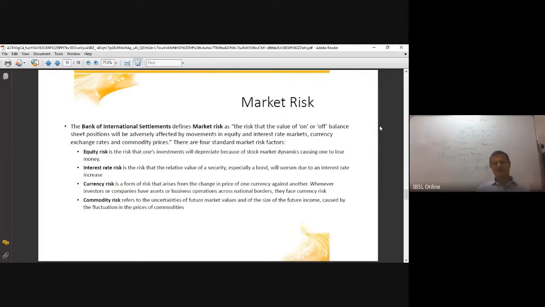Whereas gold, we generally hold in gold form, because sometimes we need to sell that gold directly to the local buyers who are in that trade. Sri Lankan banks mainly deal with gold as a commodity. So a change in the price of gold in the international market will also lead to commodity risk. So market risk includes equity risk, interest rate risk, currency risk, and commodity risk. We will deal with each type of these risks at a later session when we take up market risk.